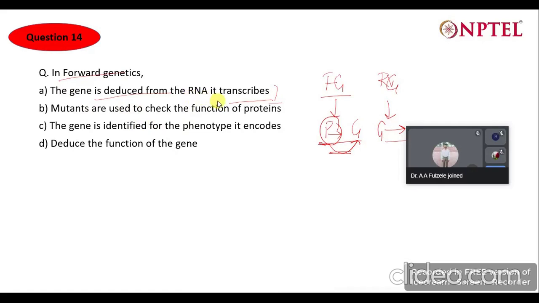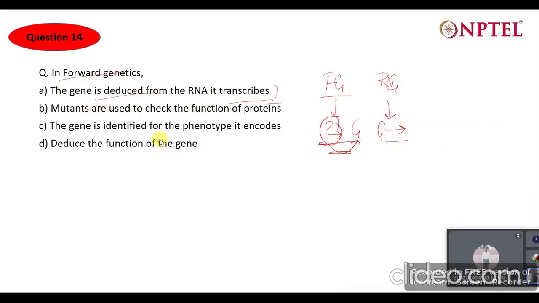So the first option says that the gene is deduced from the RNA it transcribes. Second, the mutants are used to check the function of a protein. And the third, the gene is identified for the phenotype it encodes. And the fourth option, deduce the function of the gene. So, option C is the most appropriate option here because,